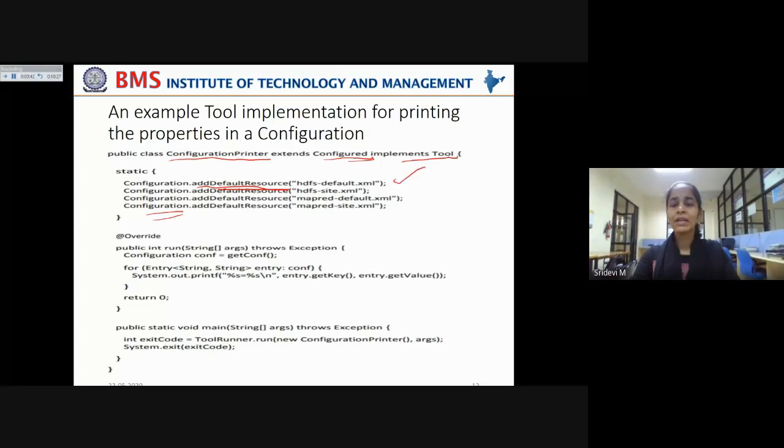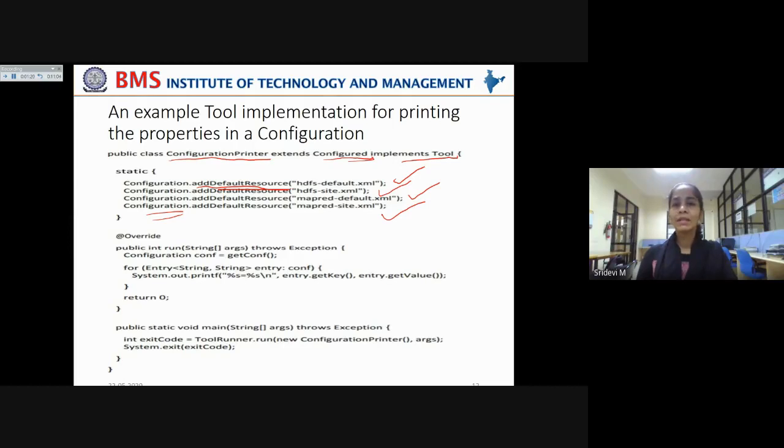We have seen this already: hdfs-default.xml and hdfs-site.xml. hdfs-default.xml has all the default properties for the configuration, and hdfs-site.xml has the site-specific configuration properties for that particular client and server. Now, we also have mapred-default.xml and mapred-site.xml. Again, site.xml will have the site-specific configuration properties that are described in this XML file.